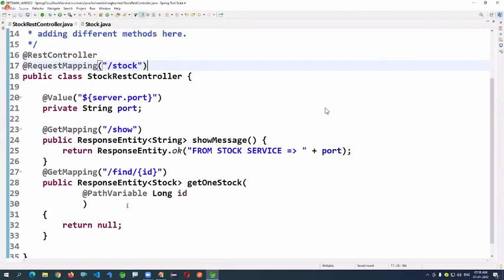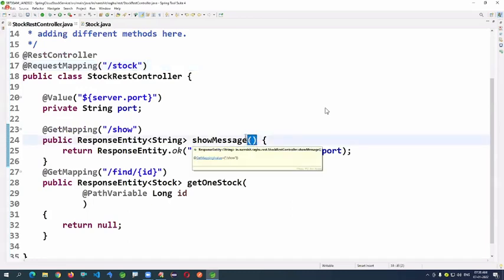See, in the last session, we worked with a Feign client where the parameter was nothing and the return type was a string.